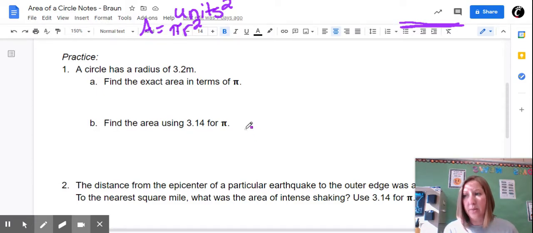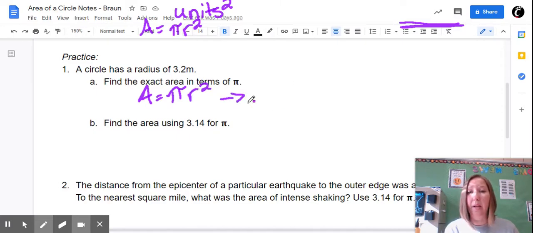So as we talked about, if we want to find it in exact terms of pi, that means we're not going to actually type it into the calculator or anything. We're going to use the symbol. So remember, area equals pi r squared. And then we're just going to plug in what we know. So we're going to do area equals pi. Like I said, we're not going to change that. We're not going to use 3.14 yet, but pi times our radius is 3.2. So we're going to do